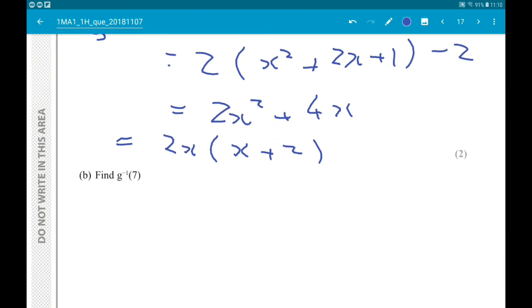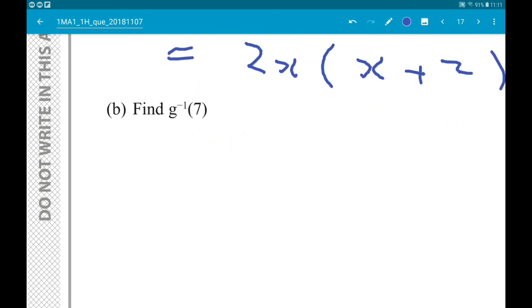Okay, then part B wants us to find g minus 1 of 7. So, g minus 1 means the inverse g function. So g minus 1 of 7 means the value of inverse g when x is 7. So we need to find the inverse g function first of all. So the way to do this is,